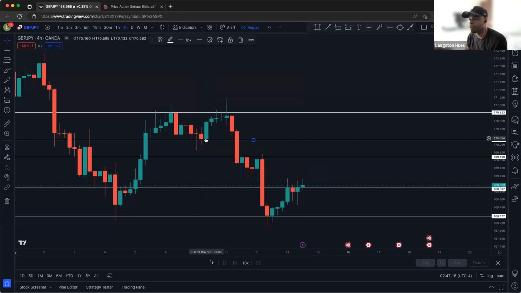But when it broke support right here, price came down, closed bearish, next candle closed bullish, it formed the support. Later, when price came back down, it broke right through it. But if it comes back up here, it could actually respect it as a resistance and continue back down. So it's a valid level. Anything in between?